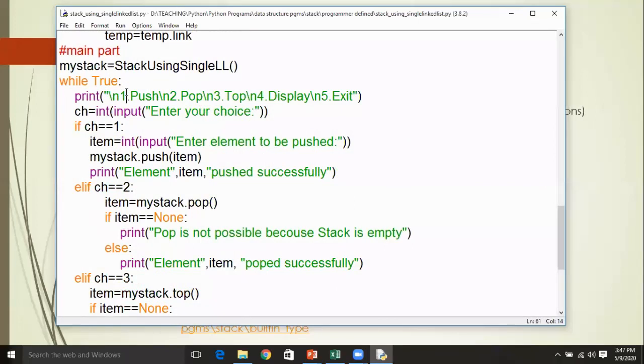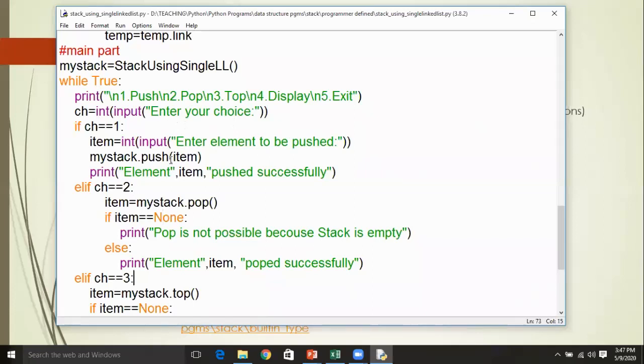So in order to perform push operation, pop operation, to find out the element on top of the stack, to display the elements in the stack, and to exit. As you know all these things, when your choice is 1, you are going to call a push method. If your choice is 2, you are going to call pop method.